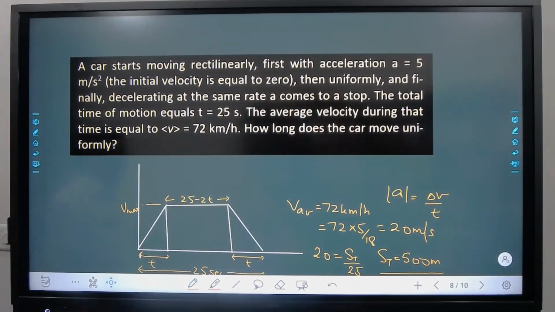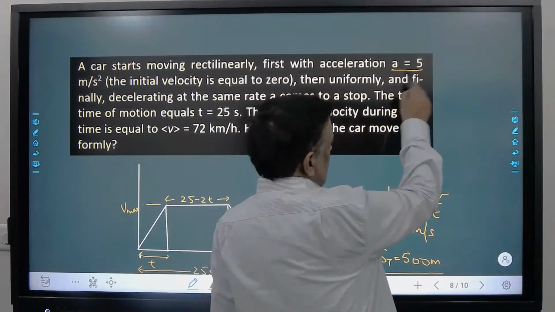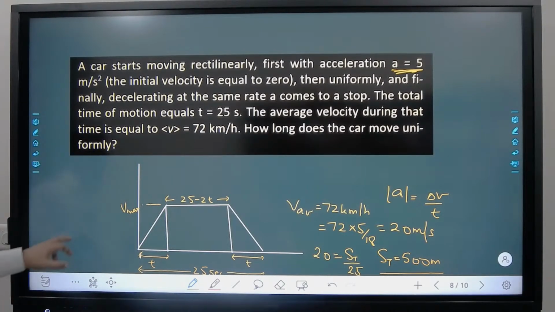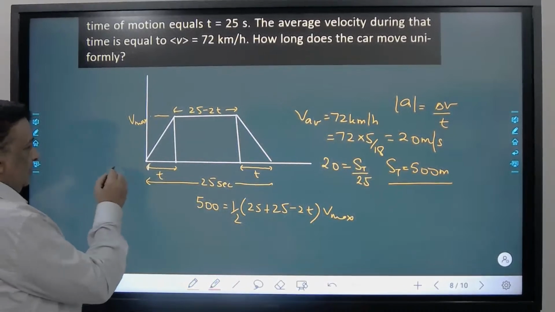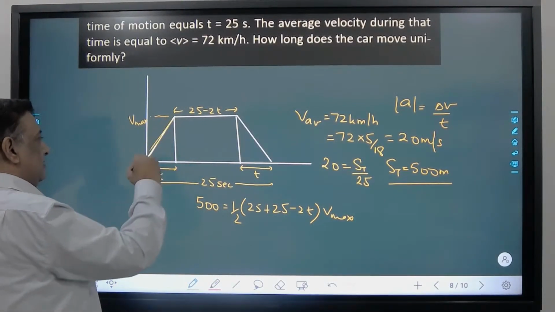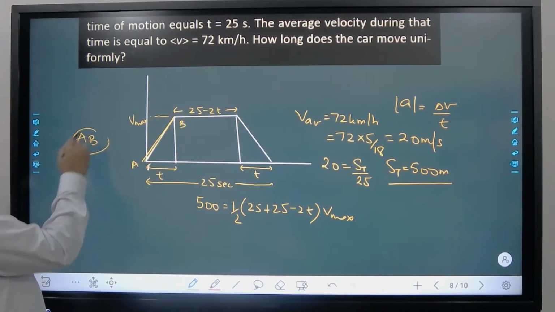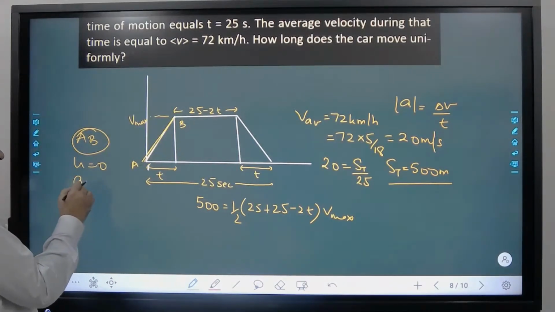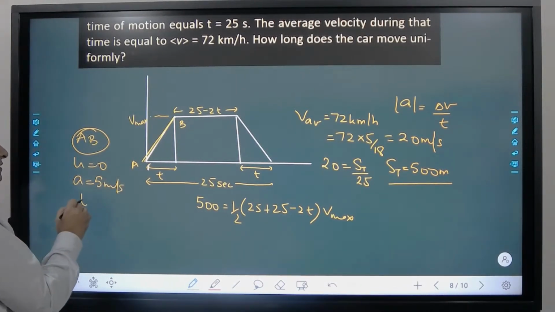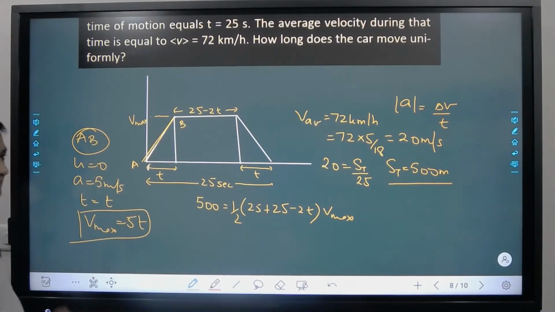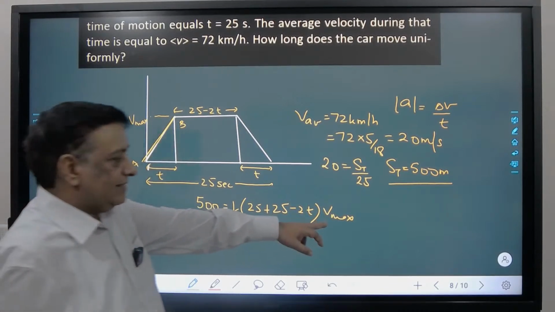We were given one more thing, acceleration is 5 meter per second square. Now if I consider only this region, A to B, initial speed is 0, acceleration is 5, time taken is t. So we can say V max is equal to, using v equals u plus at, 5t. If I put V max as 5t,